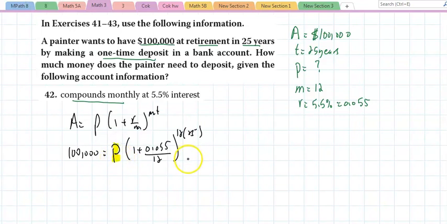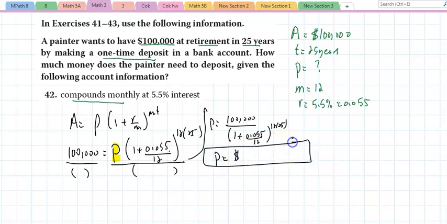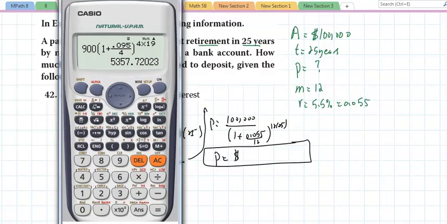Wouldn't you say all you have to do is divide both sides by this mess? Wouldn't P equal 100,000 divided by 1 plus 0.055 divided by 12 raised to the 12 times 25? And the amount I should put in right now and get 100,000 25 years from now would be